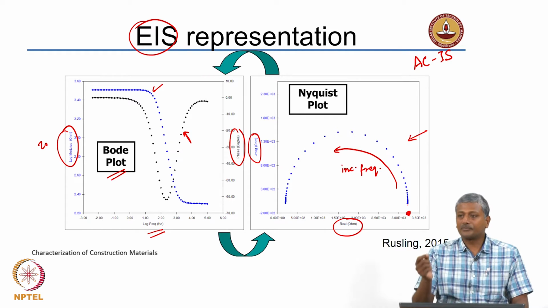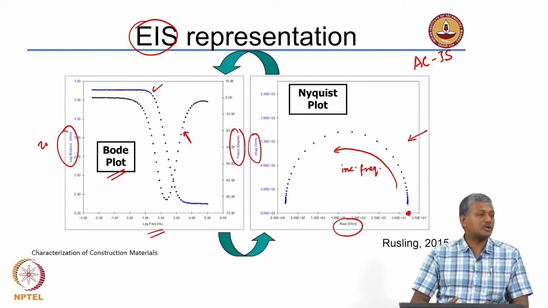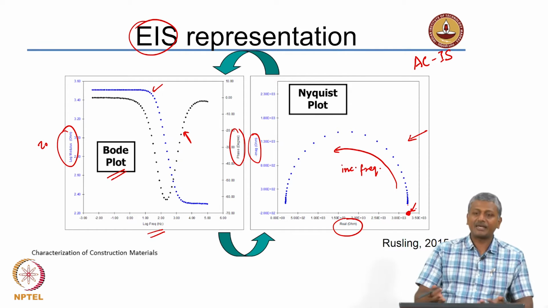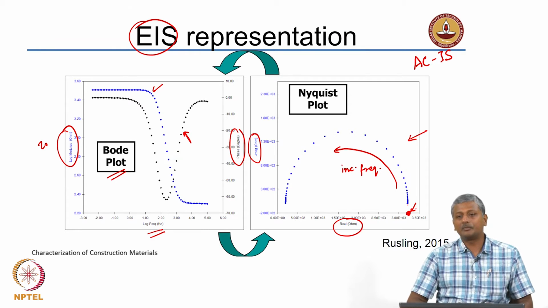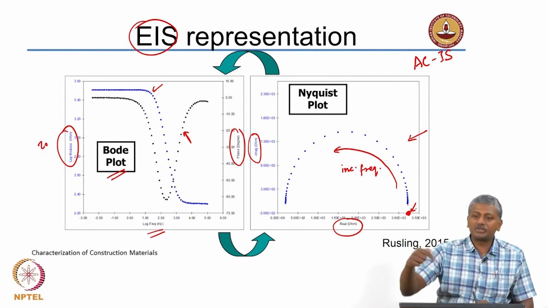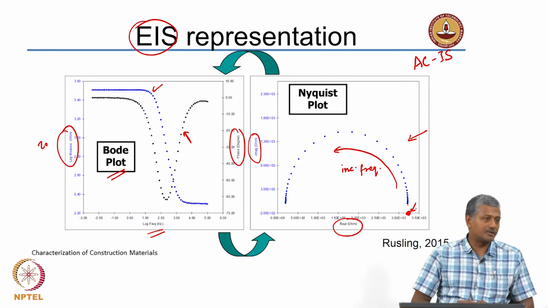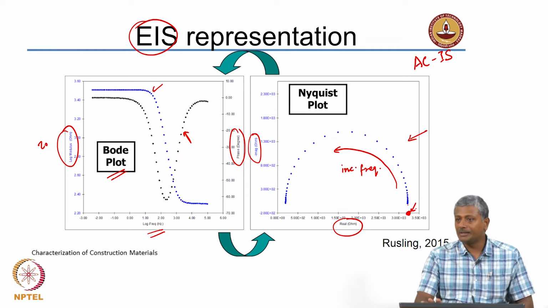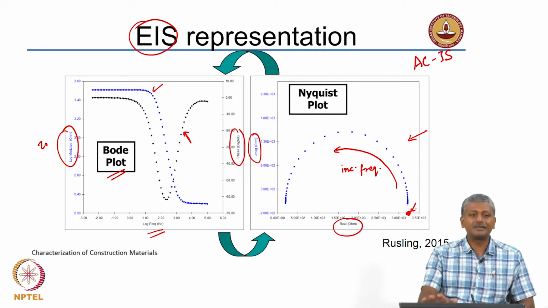Okay. So, if your point is not changing with respect to frequency, that means your current and potential are in phase and you are not going to get any change in the impedance. So, you will have an exact value which is again typical of your direct current measurements. Okay. Now, the problem with direct current measurement is you will not get exactly this value, because there will be a polarization potential that is against the applied electric field. So, you will not exactly get this value, right, but this is the true value that you want to actually use for your real resistance, right. So, you get that concept.